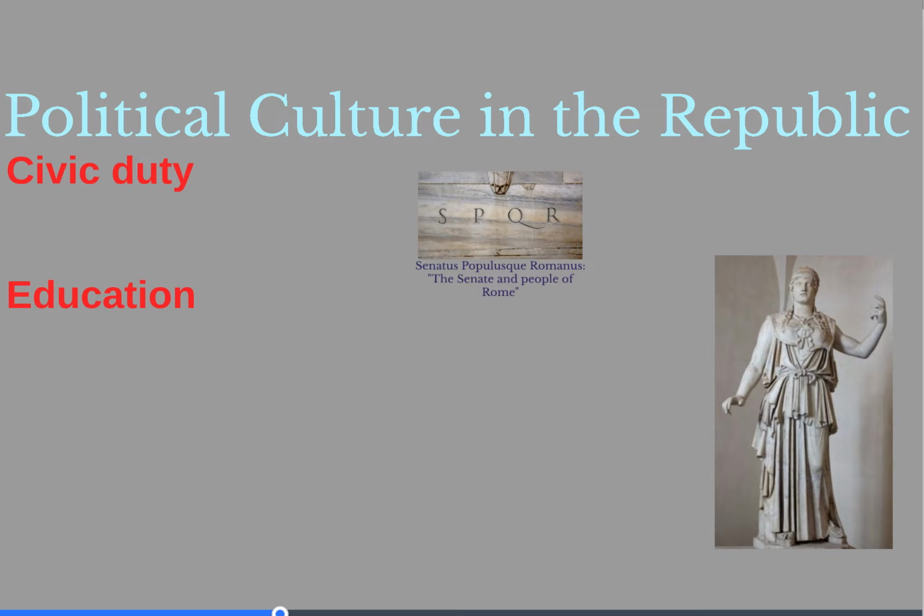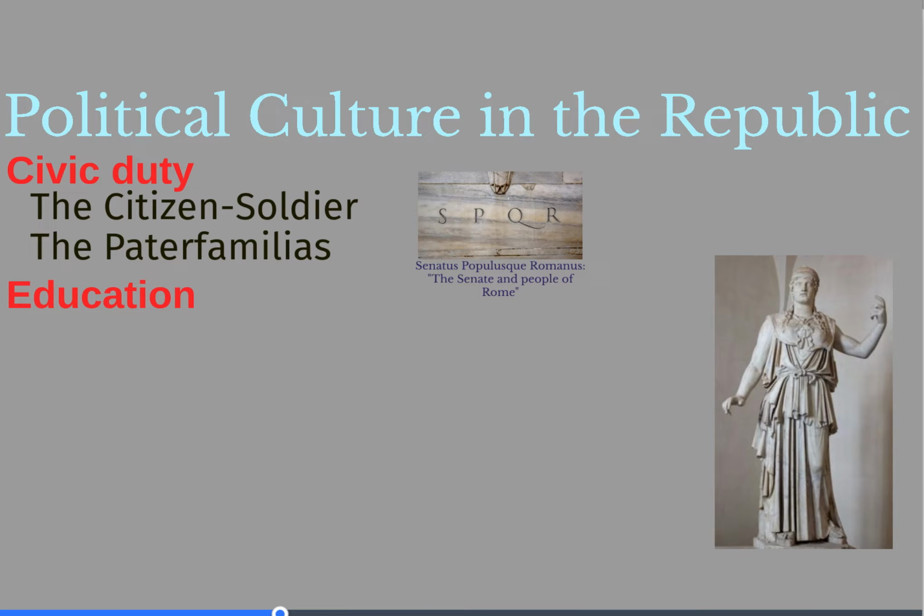It was a very politically active culture, and citizens, both plebeians and patricians, had a very strong sense of civic duty. And there's 2 reasons for this. One, every male citizen, patrician and plebeian, was expected to be a citizen soldier. Anytime the Roman city-state or growing empire needed to go to war, all men were expected to serve. And so this got them very interested in approving wars or getting interested in passing laws because it impacted them